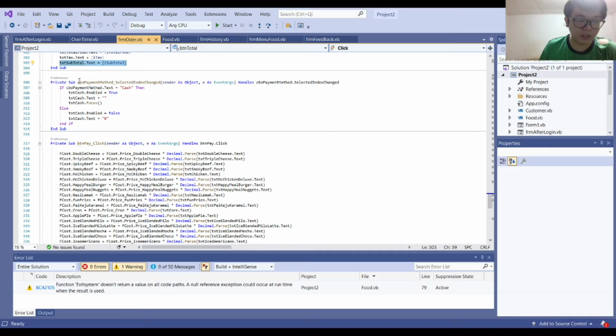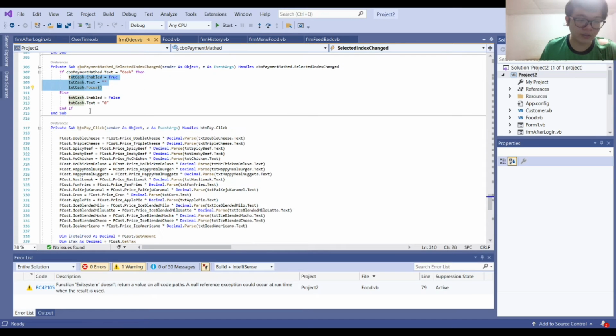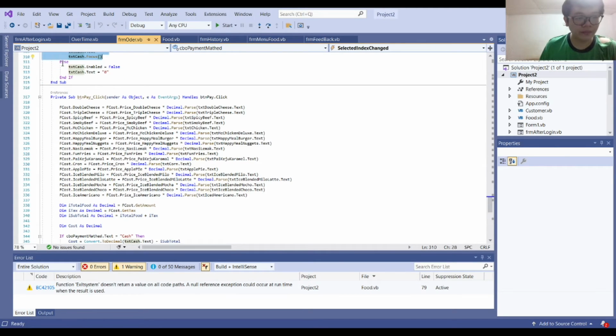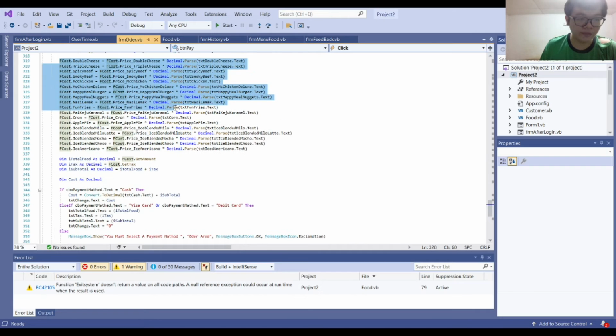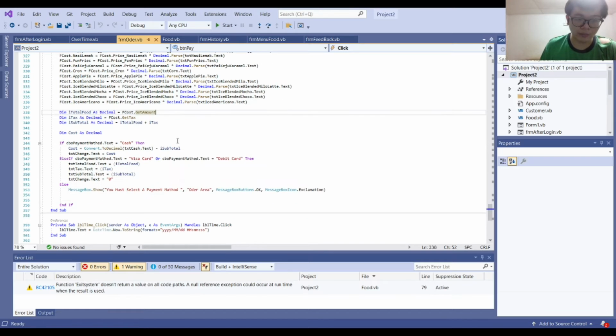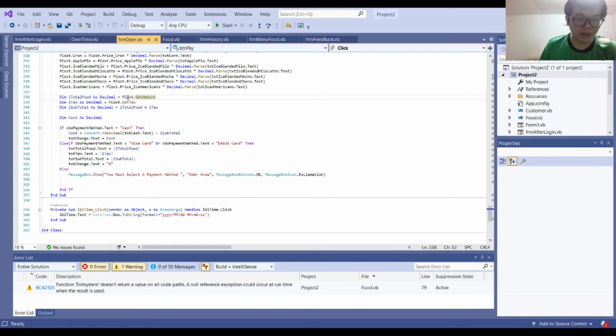So cboPaymentMethod SelectedIndexChanged: if the combo payment method text equals cash, then the txtCash will be enabled and you can insert the cash you want. Else the txtCash Enable is equal to false, then the txtCash will equal 0. The pay button is also the same, from line 319 until 336. It also takes the price from the food class, fCost.GetAmount, fCost.GetTax. This is also the same as the total,